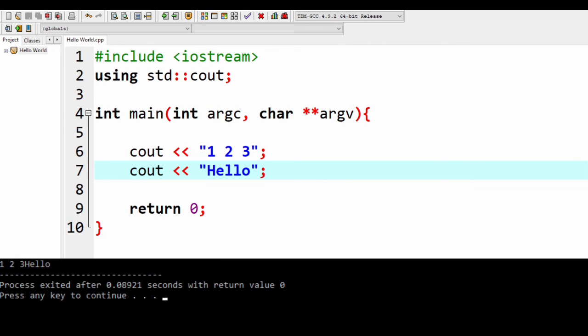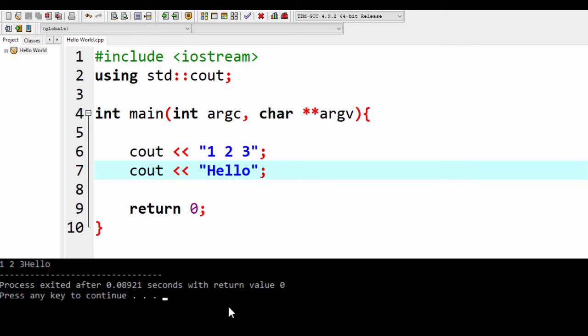Okay, now the next part. So now we know how to write outputs, how to output strings. Basically these are strings, meaning if, for example, we add these two strings, it would not be 6 hello. It would be 1, 2, 3 hello. The output would be exactly like that. Now, you may ask me, okay, why are 1, 2, 3 and hello on the same line, despite being part of different cout functions, no?